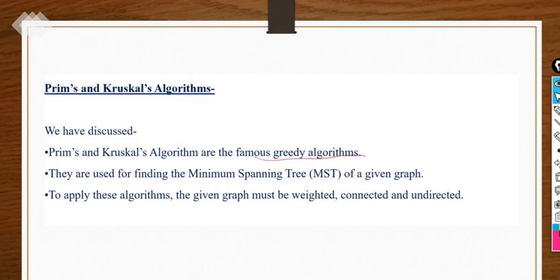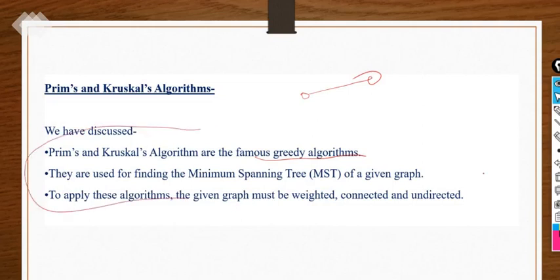Both follow the greedy approach in order to find the minimization or minimum cost, and this is also an optimization problem, like you have to find the shortest path. You can apply it in real-time applications also. If you have to go from one place to another and there are lots of routes available, you have to select the route with the minimum cost too. So in that manner you can use these types of algorithms. This is a basic example itself.